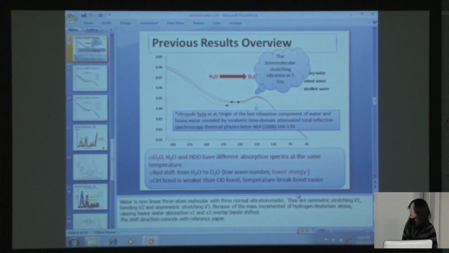And so now I want to try to compare with mid-infrared and near-infrared region, because in our laboratory we have the whole range of the spectrum. So maybe previous research only did mid-infrared or near-infrared, but they didn't compare several different spectra at the same time. So we have the advantage.